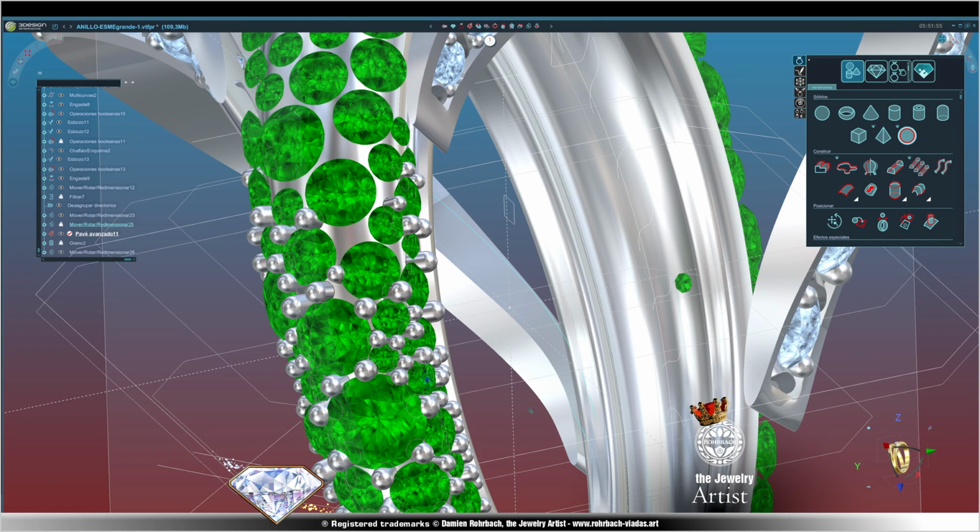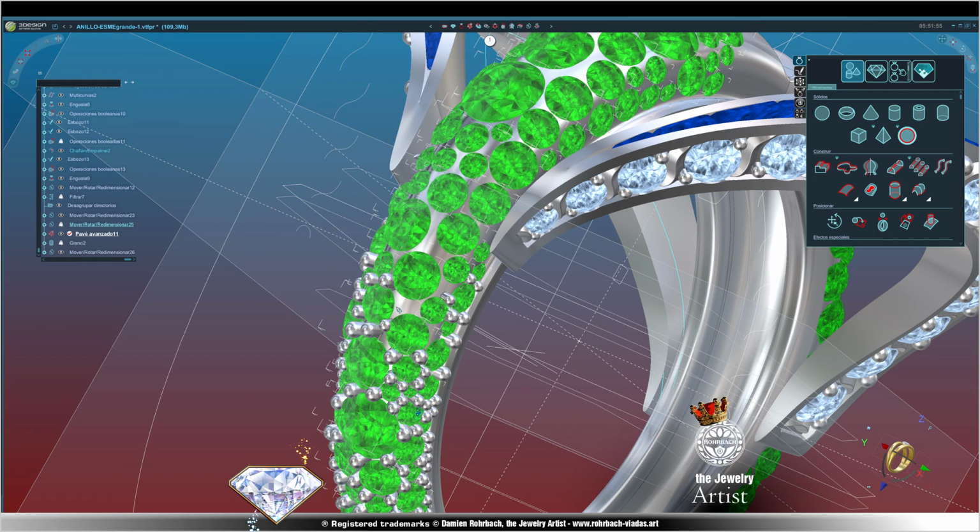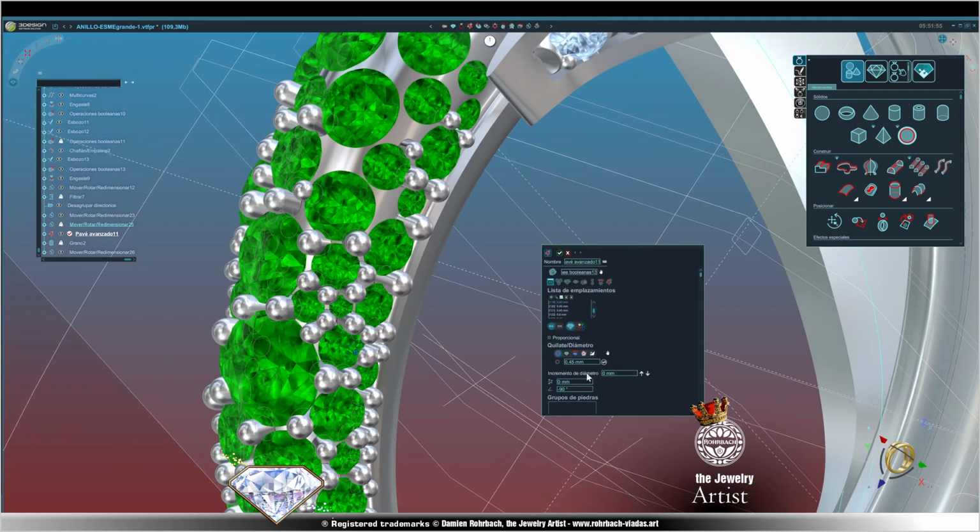So here we are with 3Design, and it's easily one of the best, if not the best, software for 3D designing. And it's already configured so that when I'm adding prongs, let's start adding prongs because I need to keep adding prongs, the prongs show up directly in position at the correct size. So yes, the computer obviously is helping a lot